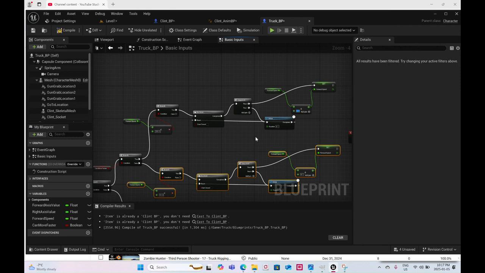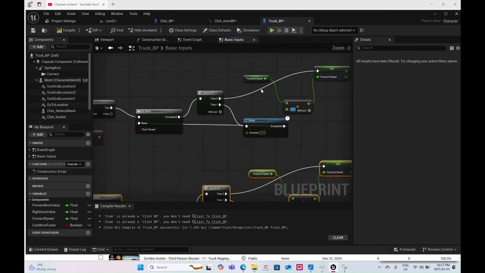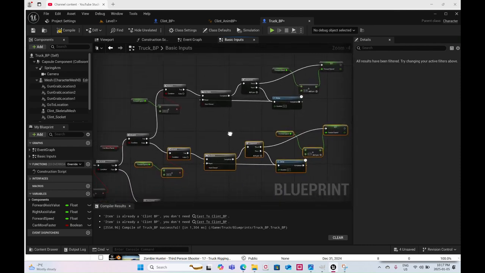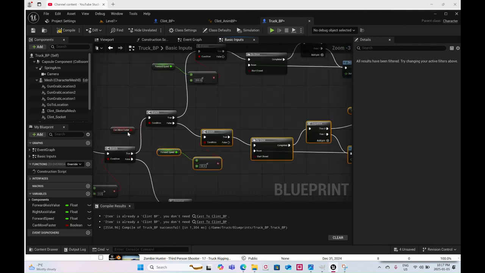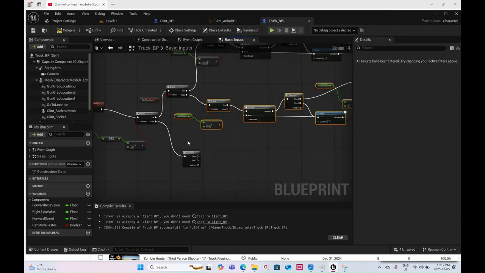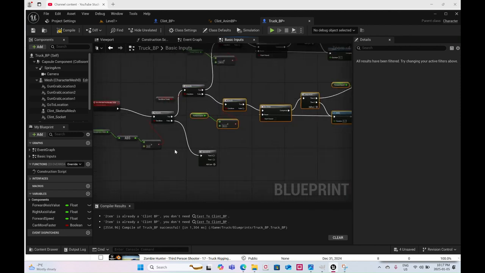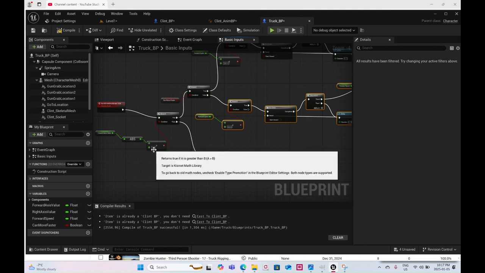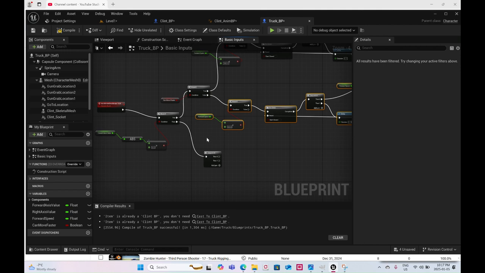So this has to be 0.4. So the forward speed plus 0.4 over a 5 second duration, and that's only if can move faster is true. And if the forward axis value is not greater than 0, then